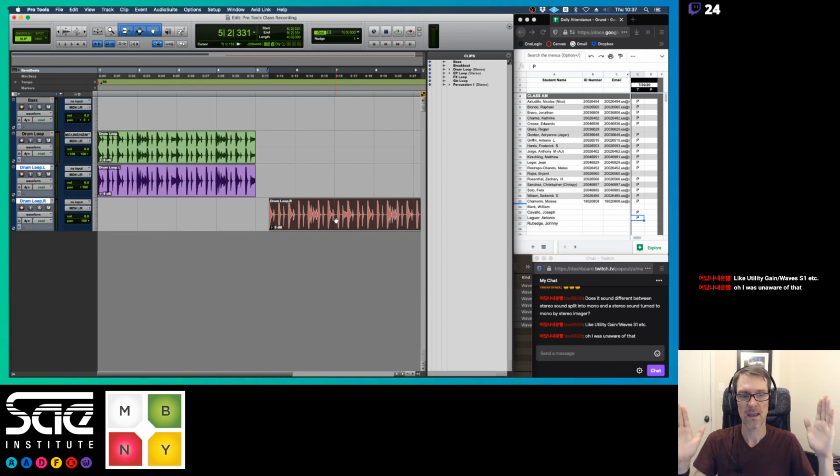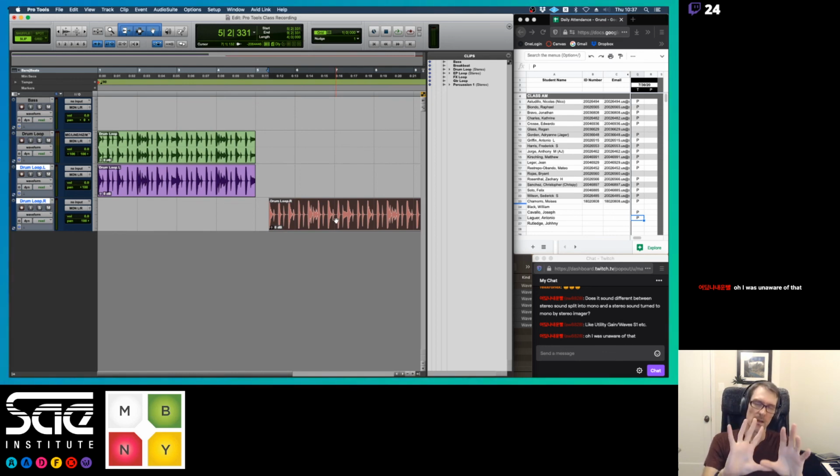Whereas if you take a utility gain in Ableton Live or Waves S1 or something, the imager, then you're actually taking those two signals on the left and the right and you're mixing them together. And so you're going to hear everything, but now it's going to be kind of compressed into the middle portion. That can create some problems. Whereas if I have these twos over here, it can create some problems, but it also can help some problems too,